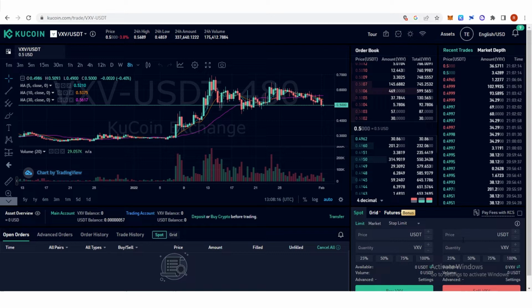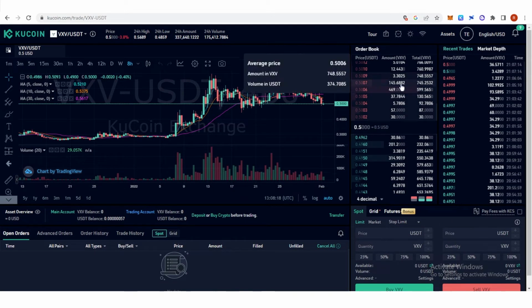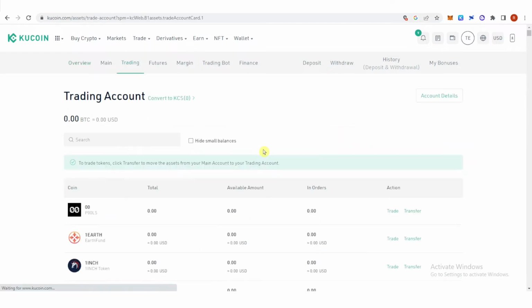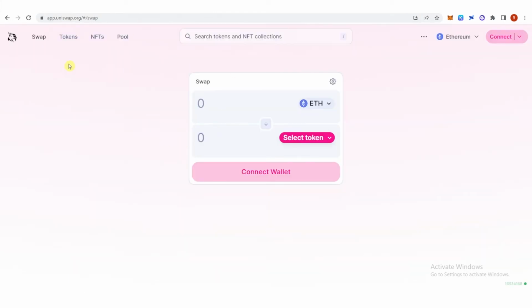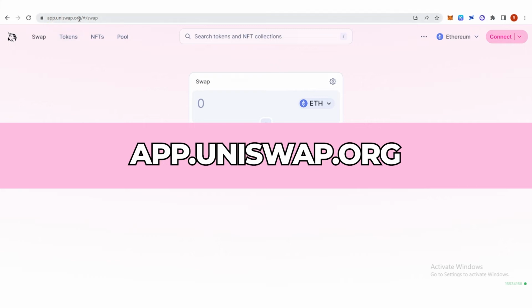Once you have bought your VXV, you can now go to assets here, click trading account, and then on the search bar here you can type VXV and you will see here the total amount of Vectorspace or VXV you have. And now you can go to the second option and you can go to app.uniswap.org